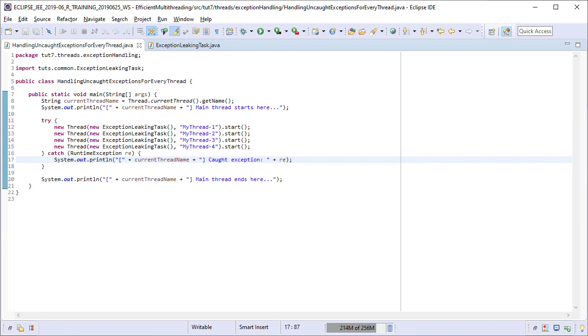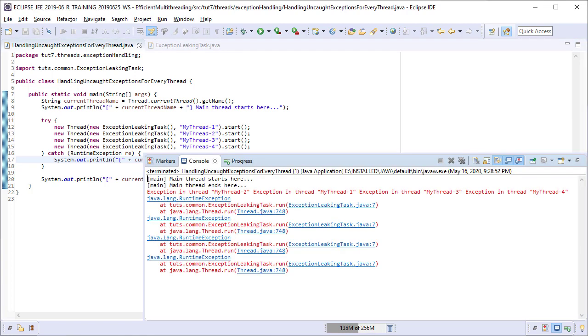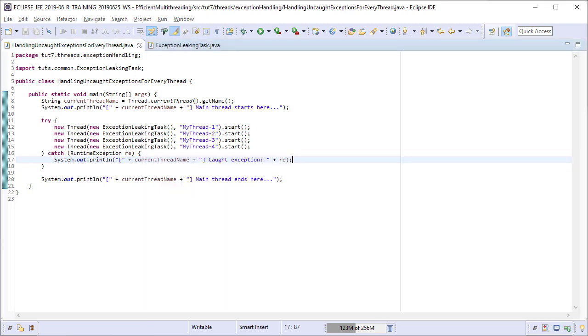So running it again now, we see a lot of stack traces, 4 in fact, and nowhere do we see our caught exception message. The exceptions have gone right through our try-catch defenses. Secondly, we note that all the 4 threads have run. We see their names too in the stack traces. Anyways, this proves that the exceptions in threads cannot be caught directly by using try-catch. So how do we handle those exceptions and stop them from killing our application?